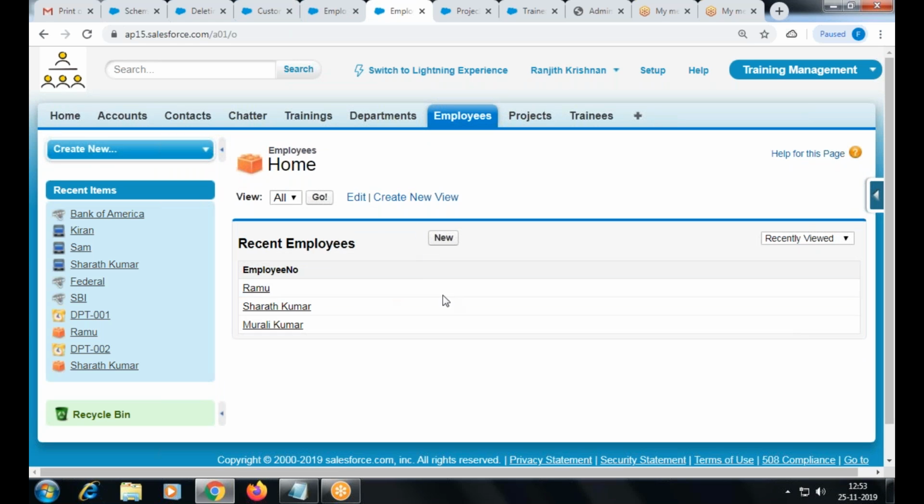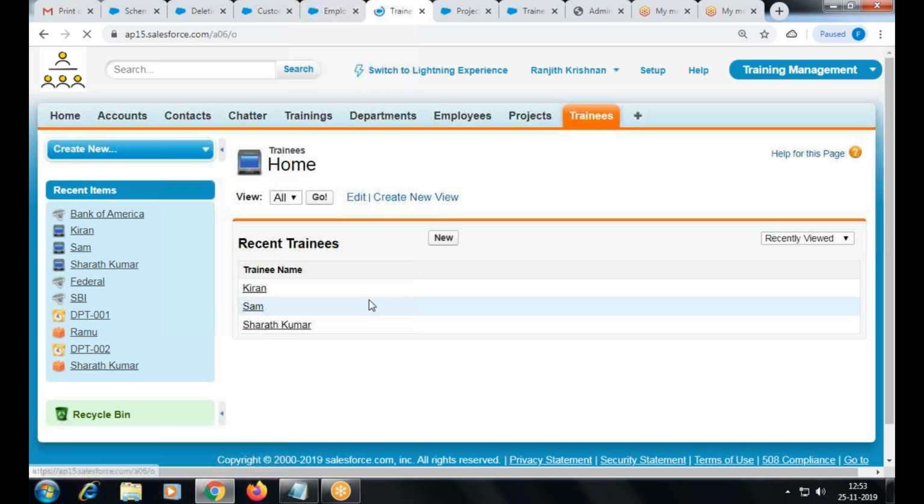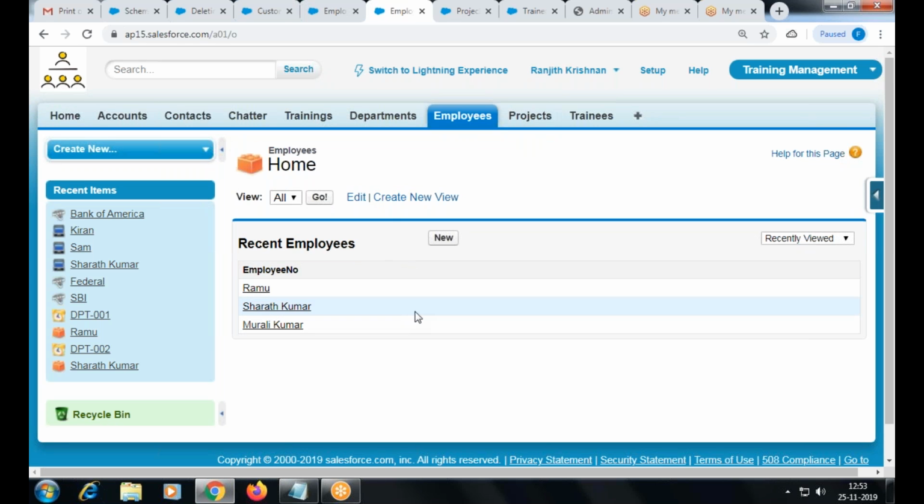So how to bring other fields here under the recent employee layout? This layout is under the tab. Project name alone. What about the status field, right? What about the salary field here?